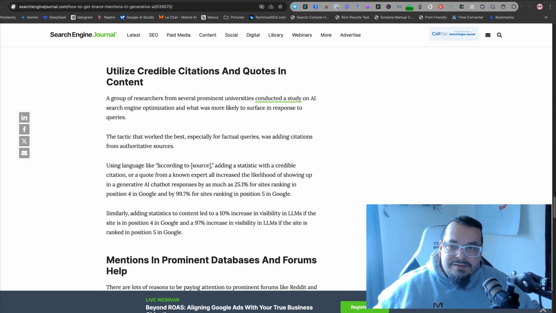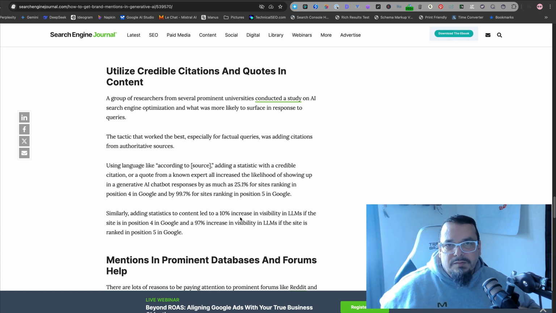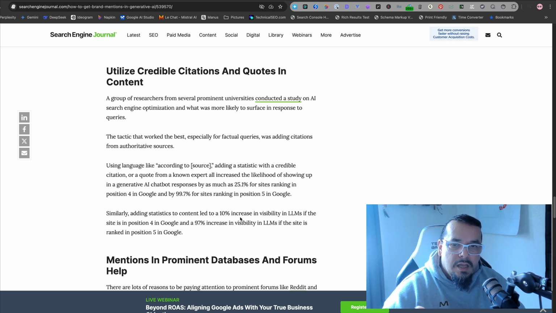Or if I use, according to source, et cetera, those type of things, ergo, it makes me more credible. Now, from a user perspective, I can see it. If I see that someone actually researched an article and is giving me sources, AI written or human written, I'm going to give it more credence. But is that really the case in regards to AI?